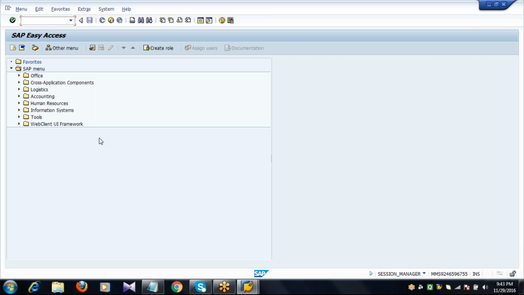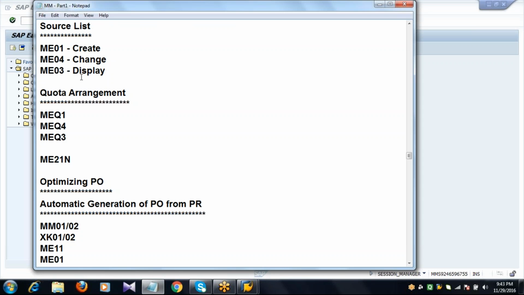Now to create or to maintain source list, the transaction code is ME01, ME02, ME03. Create, change and display.